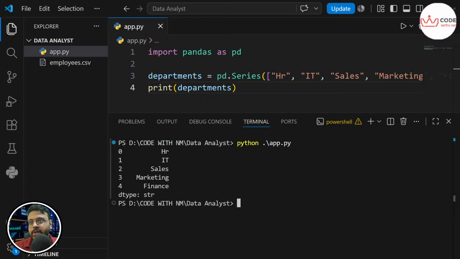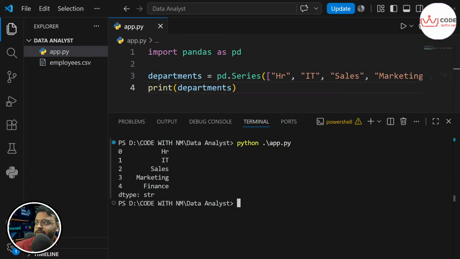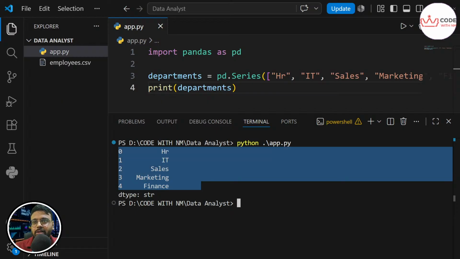It's following an incremental pattern by 1. So 0 plus 1, and from 0 to 1, 2, 3, 4, 5, 6. So this is known as a series. I hope you understand the example,